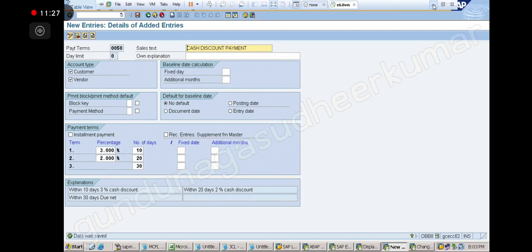No, automatically. When I press enter, it will come. I don't give it, the system will automatically read this and give the explanation. See here, suppose I give 20 here. You see now how smart the system is. I am giving 20, I am giving 30, and I am giving 50. Enter. You see? Within 20 days. Is it correct? Yes, automatically. Very, very smart system.